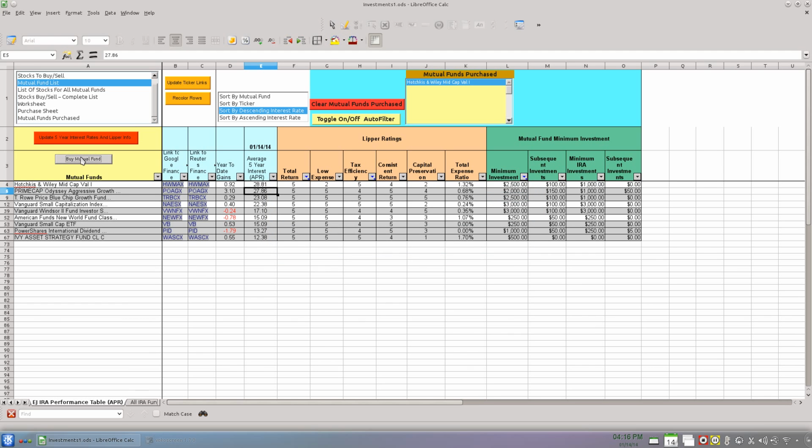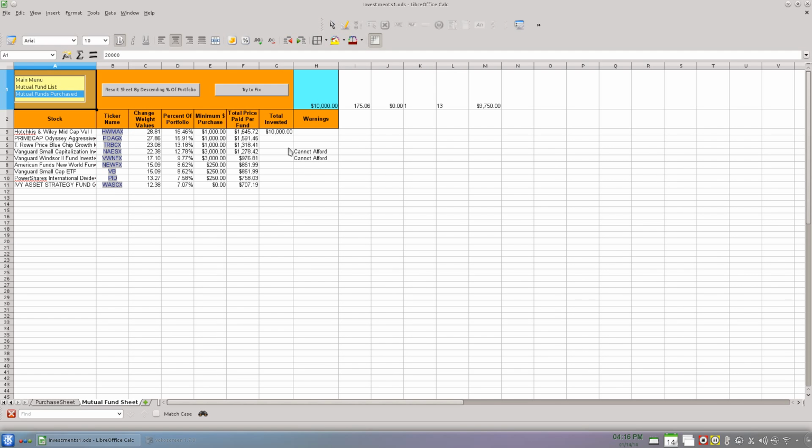And it purchased that, and arrow down, click, and see how fast this goes. So we bought all the mutual funds. We come to our funds purchased. And now there's only two we can't afford. And now you want to decide if you want to keep these or not. Because see, the weight we chose,